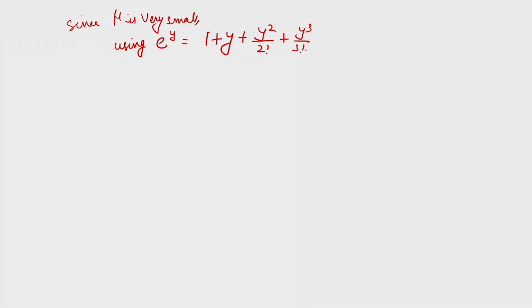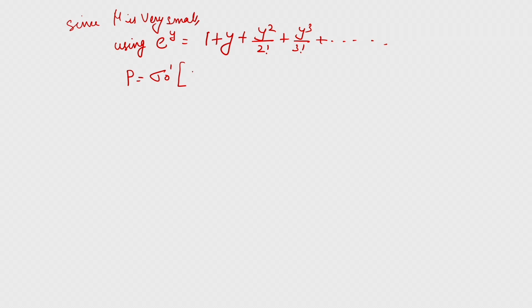So, we can write the exponential term, we can expand it. Since mu is very small, the expansion we can write using e raised to y is equal to 1 plus y plus y squared by 2 factorial plus y cubed by 3 factorial, plus infinite terms if you go on. So, when you substitute that, we can write it as P is equal to